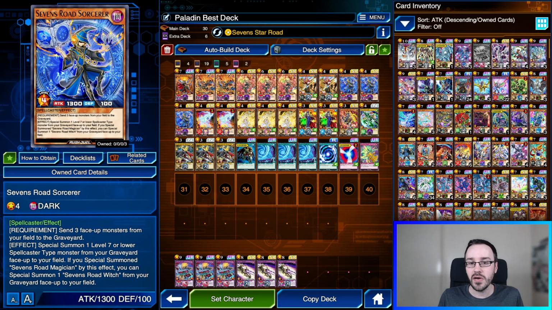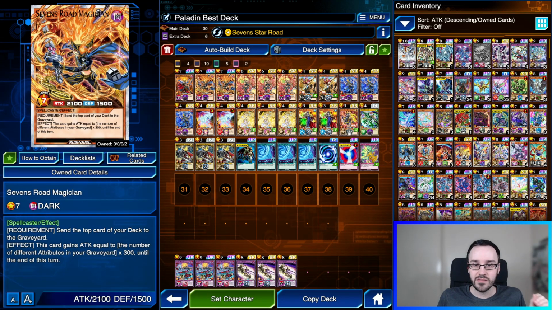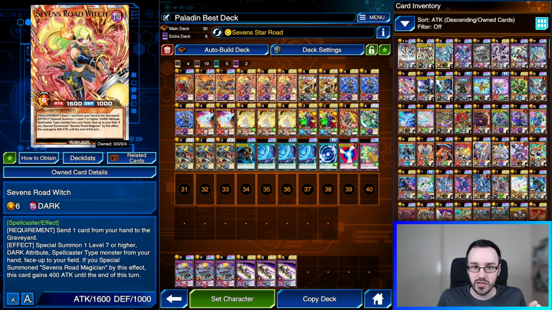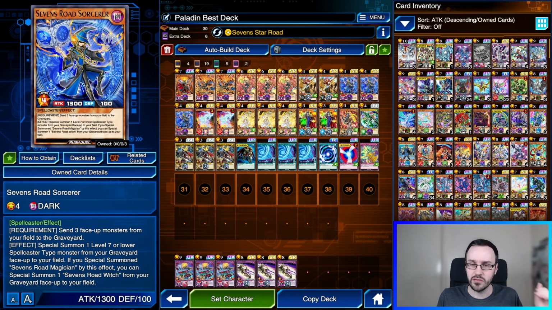But one of the really good plays we can make is we can summon out the Sorcerer, then summon out a Roadstar and another monster, or just summon out 3 monsters and have a Roadstar in hand already. Use the effect, bring back the 7's Road Magician, bring back 7's Road Witch, then we either summon the Roadstar or we summon the Roadstar initially to get out 7's Road Sorcerer, depending on how many normal summons we